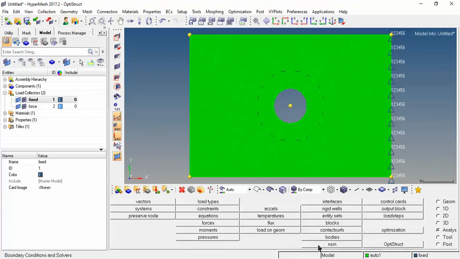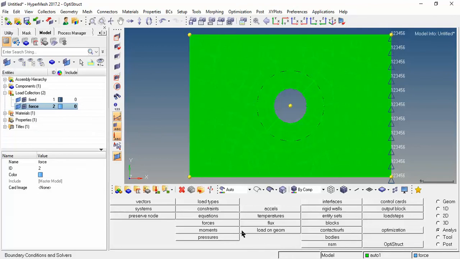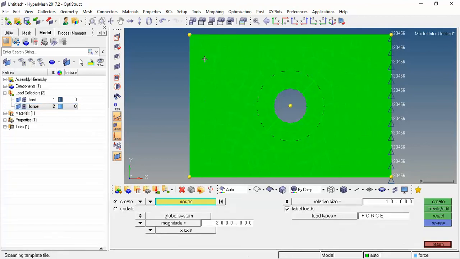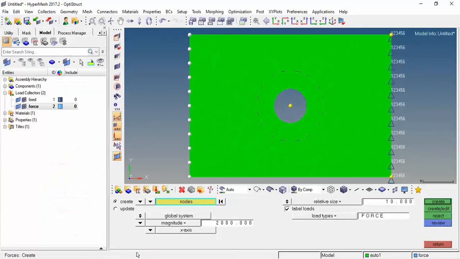Go to return. So now make the force as the current. So now you select the forces. So now you select this side. So what is the value as given? 2000 in the negative x-axis side.